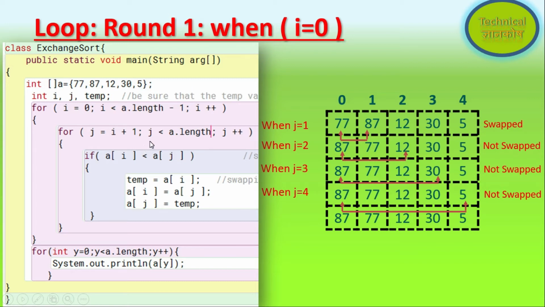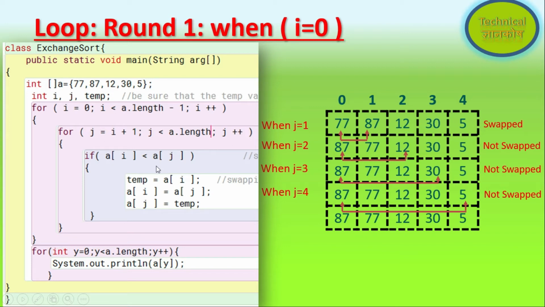So see the first round. In the first round the value of i is 0, and the value of j is 1, right? Now see, when j equals 1, if a of i, at position 0, we have 77, is less than a of j, 87, the condition is true, so it will swap the values.